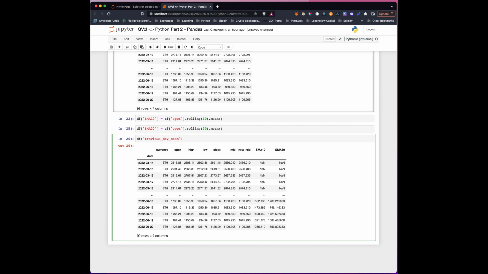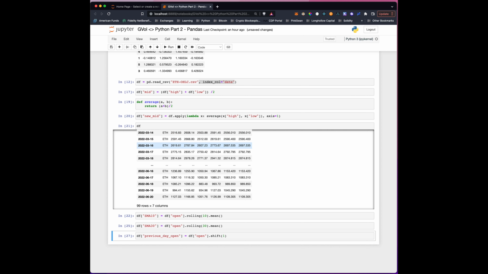open. So I'm creating a new column called previous day open, and I want to set it equal to the value of the data frame for the value open. I'm going to type .shift(1). So I'm going to basically in this column look at what the previous one was, and hit enter. So now create a new cell,